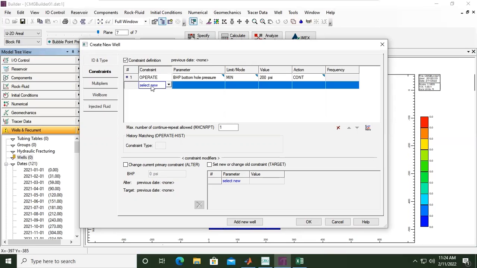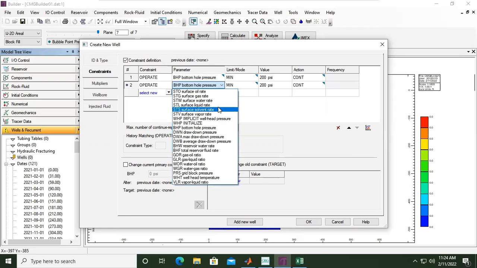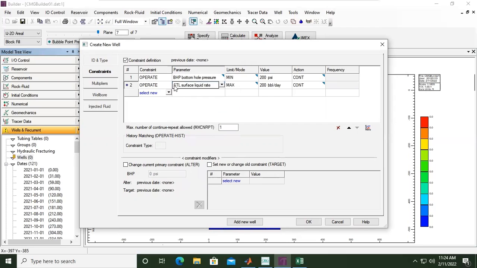All right. You can also add another setting. For example, if you open the drop-down menu, you can check this one: stock tank liquid, surface liquid rate, maximum. So we will set the maximum limit. For example, I don't want to produce too much.